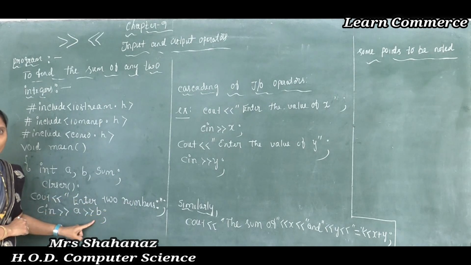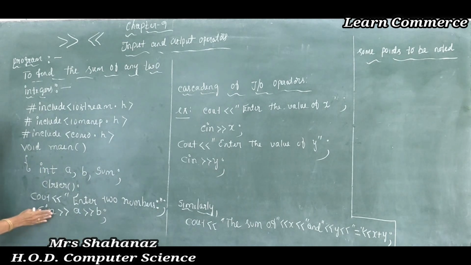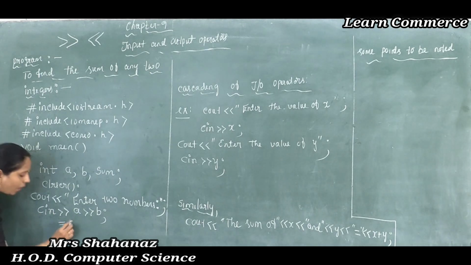Then through the keyboard you can give any value to the variables, A as 10 or B as 20. Here, after using the value, now such value I want to add into the variable sum. So how am I going to add? That means the A plus B value is going to enter into the variable sum, correct?